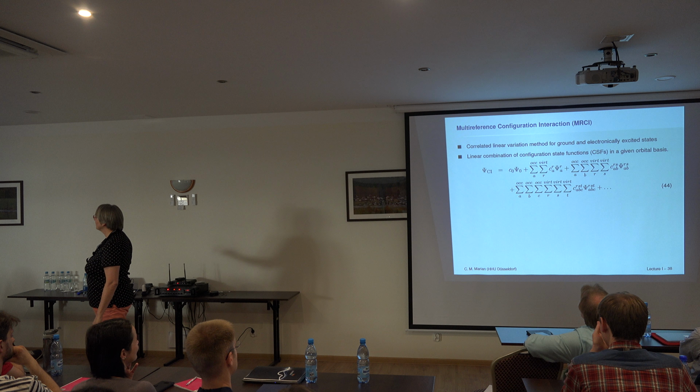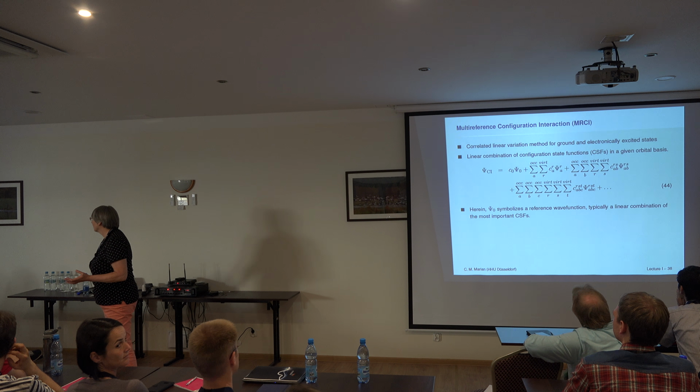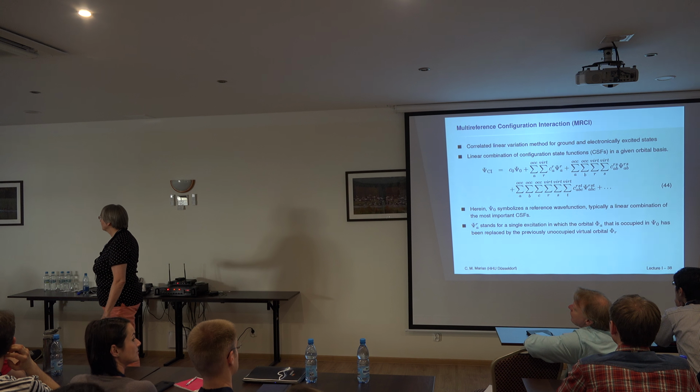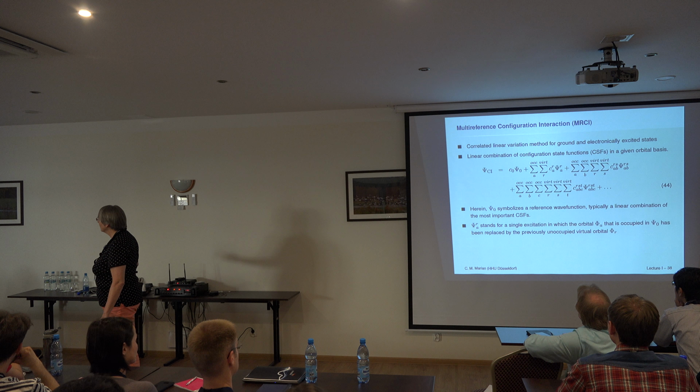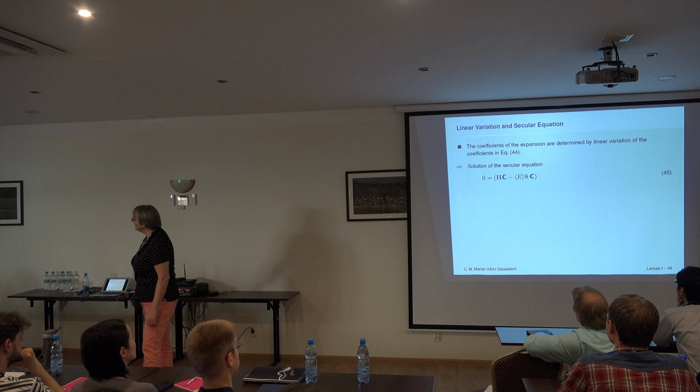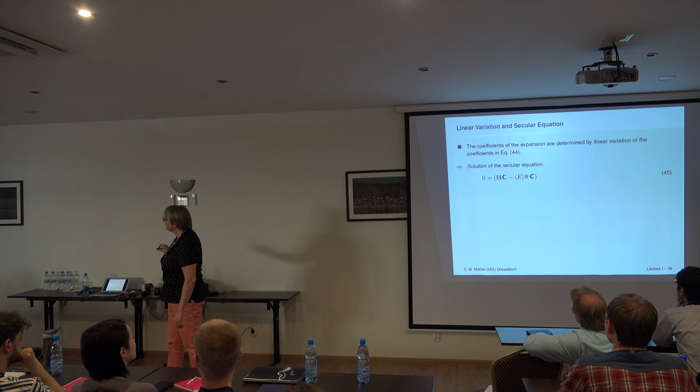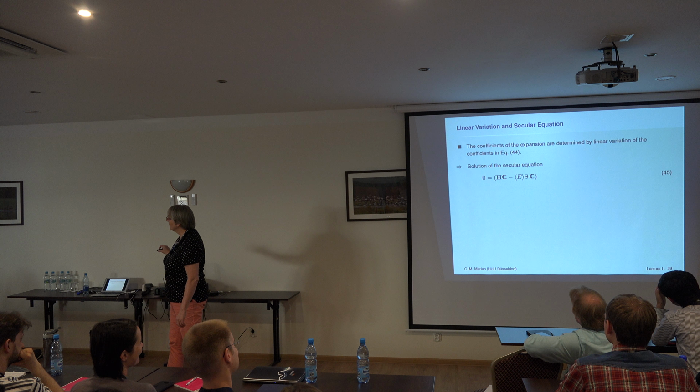And if you allow for all excitations, this is, of course, the exact solution. As I said, these are single excitations, double excitations, and very often this problem is truncated here at the double excitation level. The coefficients are determined from a secular equation. It's quite easy. So you set up a Hamiltonian matrix, you have a coefficient matrix, and then you solve for that. And you can ask the program for 10, 20, 30 roots out of a few million,